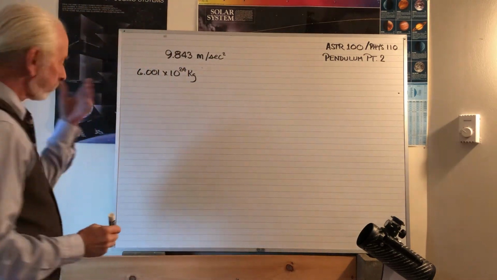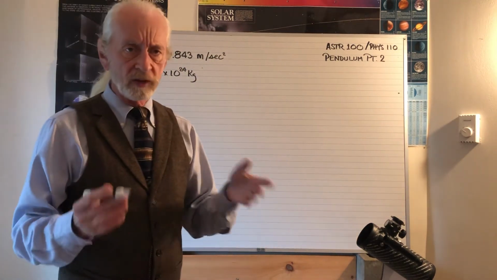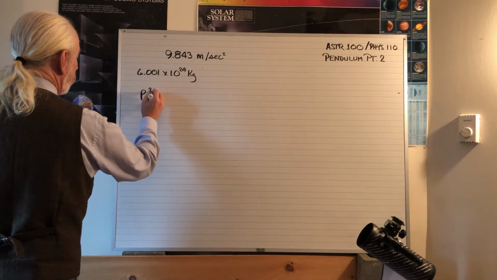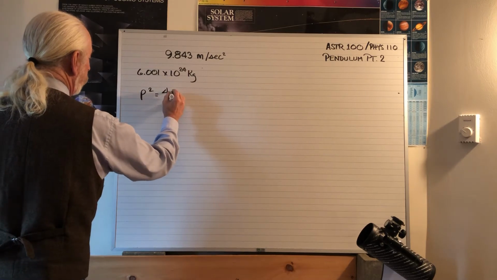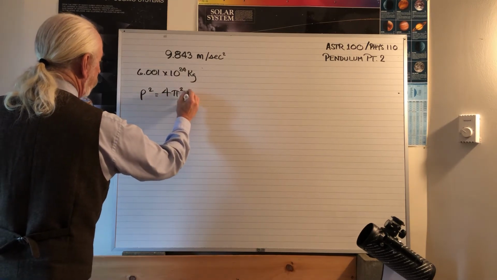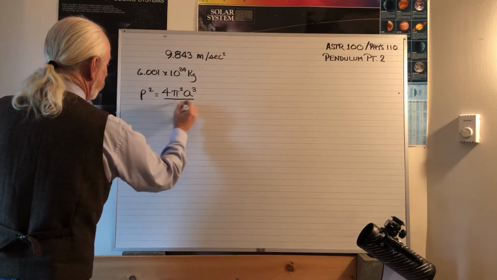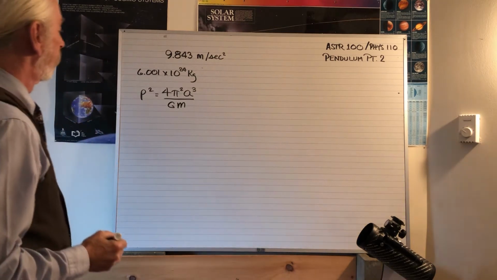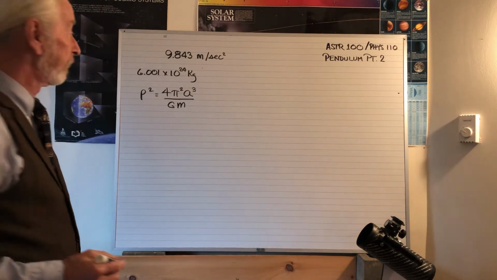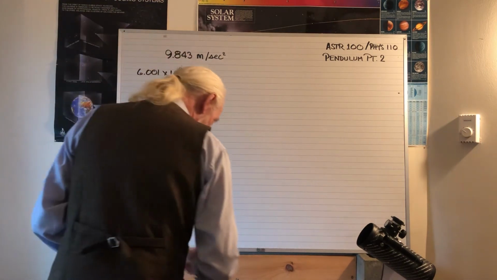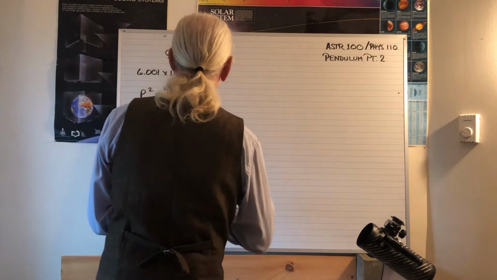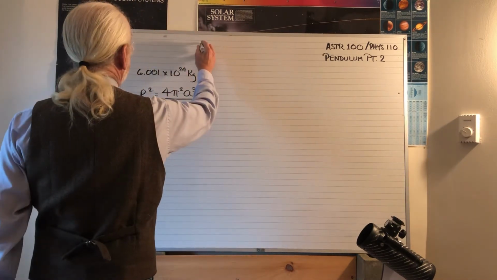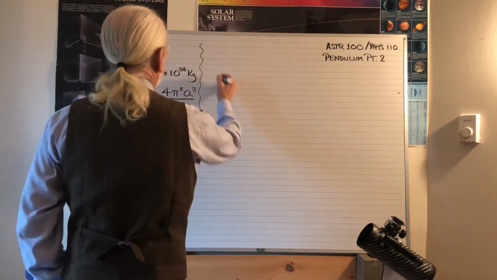So, how do we do that? Well, we use Newton's version of Kepler's third law, which states that the square of the period is equal to 4 times pi squared times the cube of the orbital radius divided by the gravitational constant and the mass of the planet. So again, just a matter of plugging in numbers. So, P squared